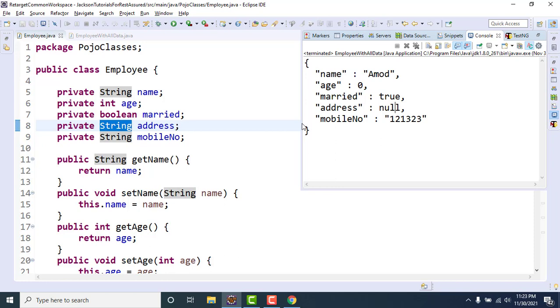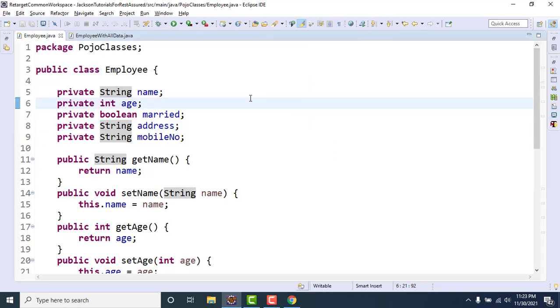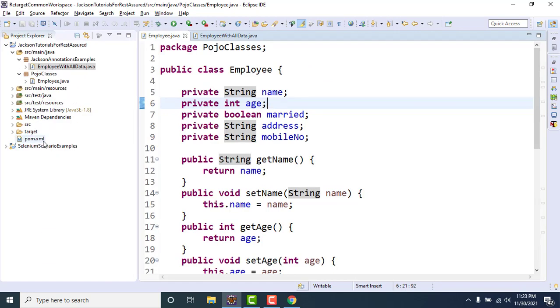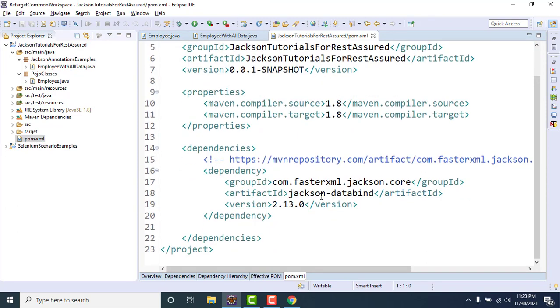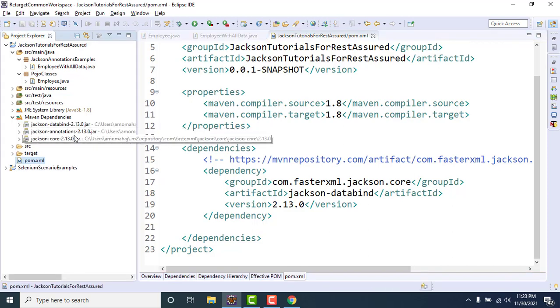Okay, so for that, the Jackson library, which I've already added in this project. If you see the pom.xml, here I've already added the Jackson data bind dependency. I've already covered this in my previous videos. If you add the Jackson data bind dependency, it will automatically download the other two transitive dependencies as well, which we can see here under Maven dependencies: Jackson data bind, Jackson annotation, and Jackson core. Okay, now